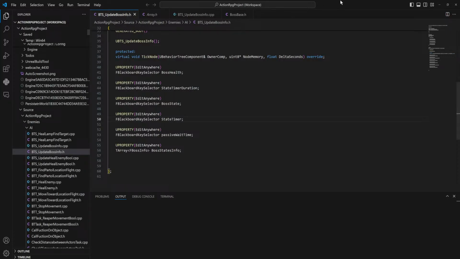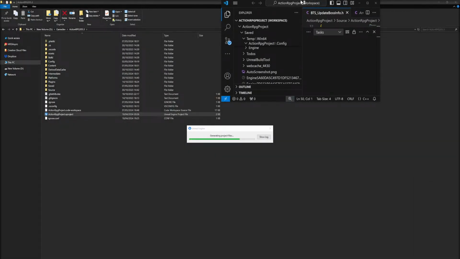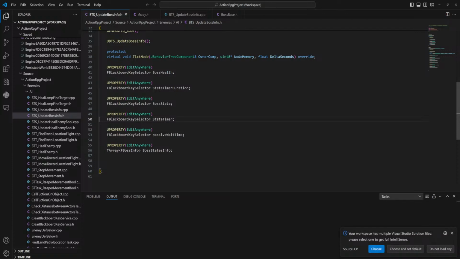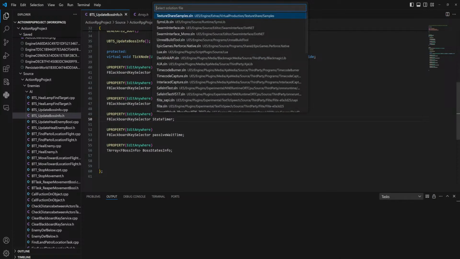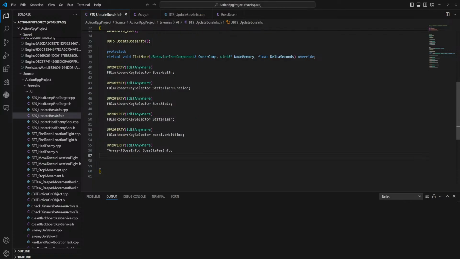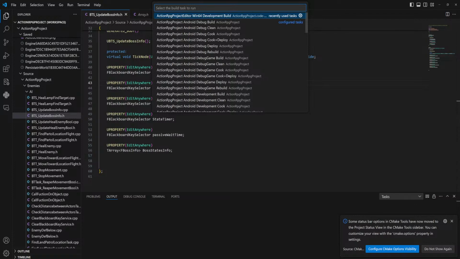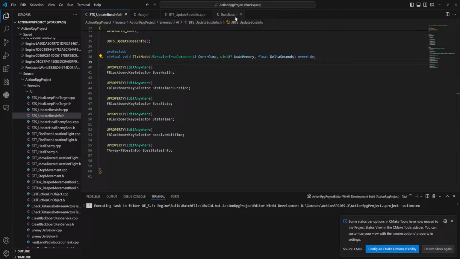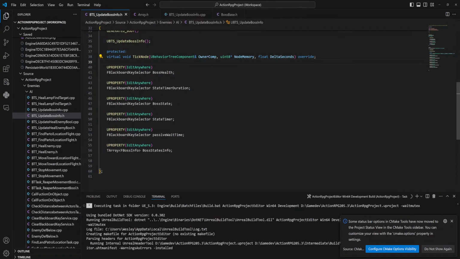In the meantime, we can open up Visual Studio Code again. Sure. Can we... I don't want to bother with CMake stuff. Can we just like normal compile this?